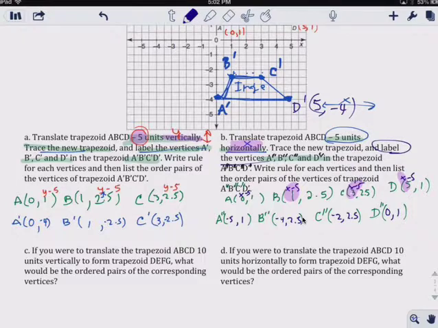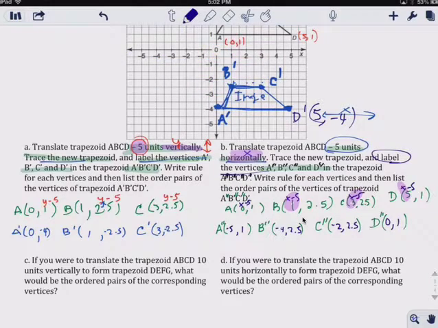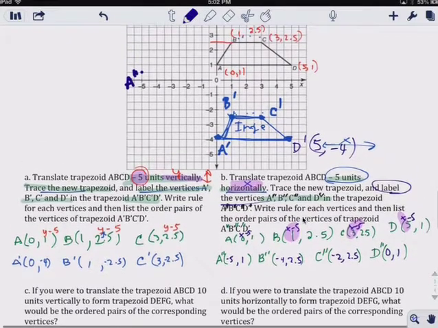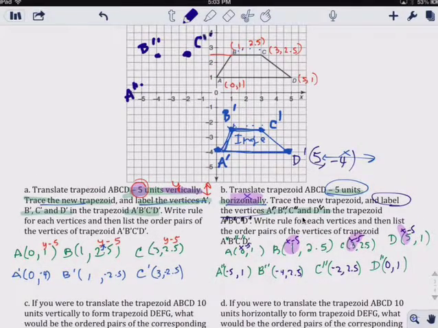A is negative 5, 1. Negative 5, 1 is right here. And we label that A double prime. Negative 4, 2.5 is up here. And label that B double prime. And negative 2, 2.5 is right here. And label that C double prime. And 0, 1